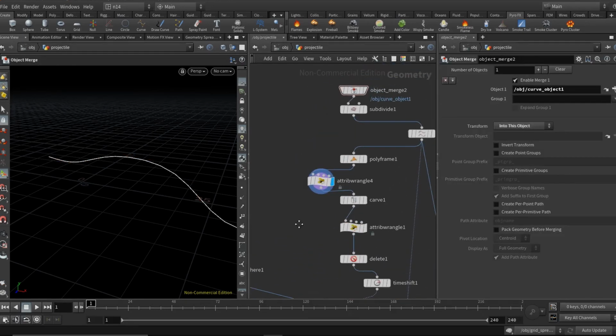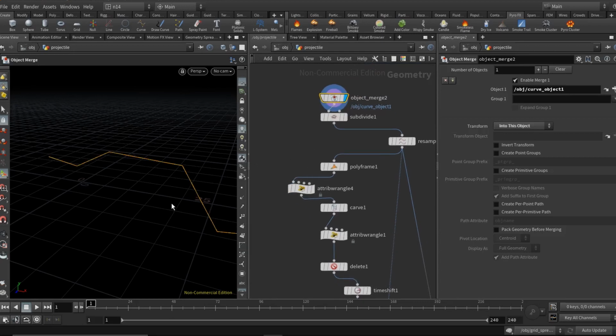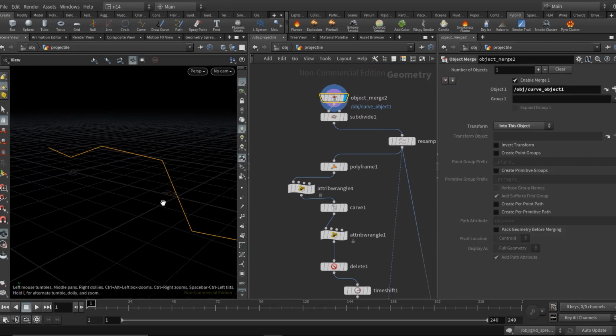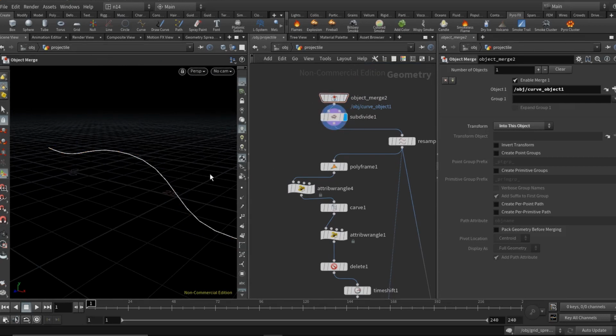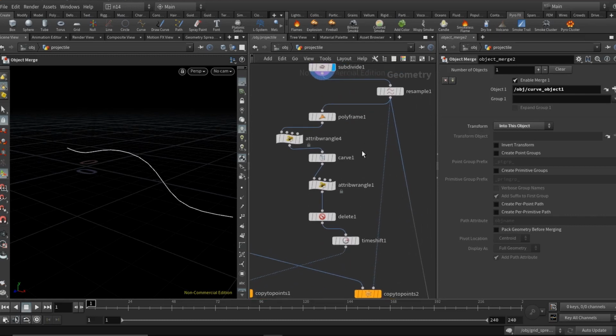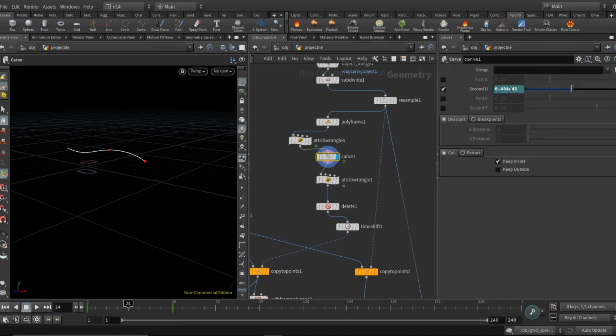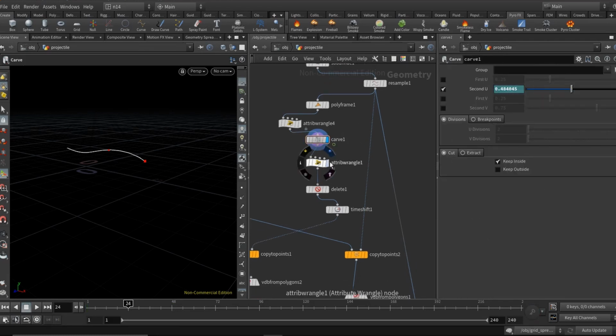As you can see, I have nothing in my mind as far as shape is concerned, just randomly created some points and created the curve. Next, using this subdivide, I have smoothened this curve, and the way I have animated it is through the carve node. You can see that I have keyframed this parameter here, and if I check this on and the last point,